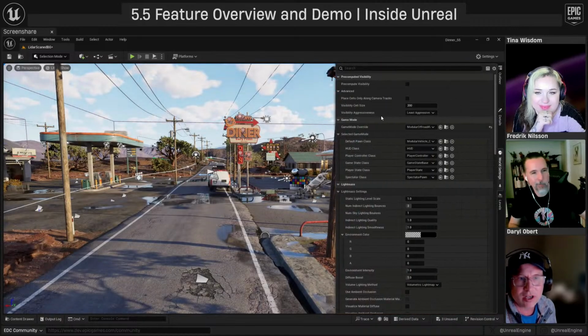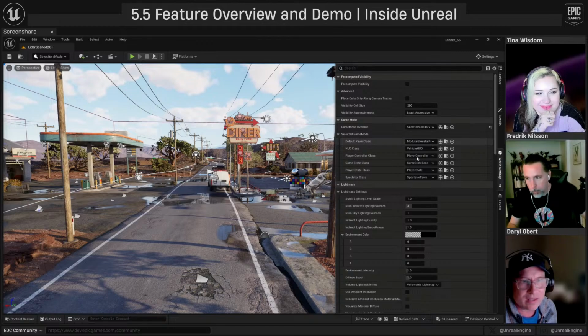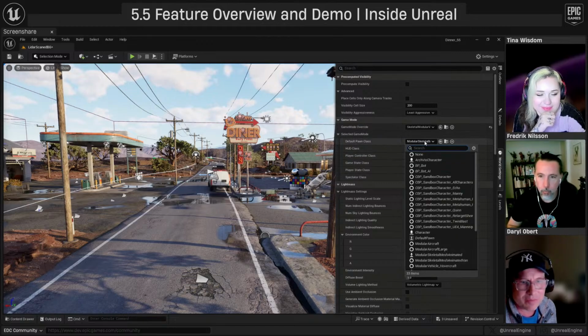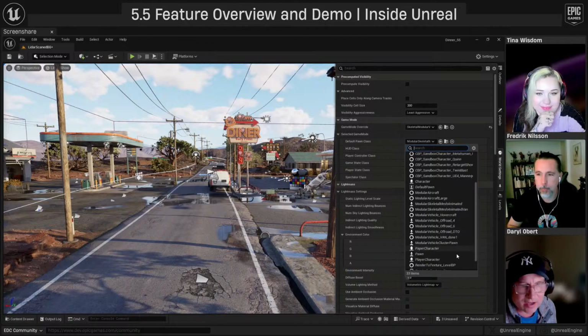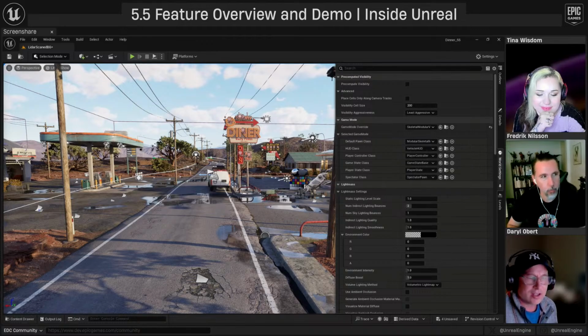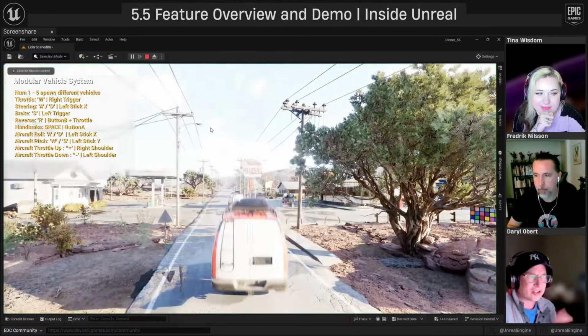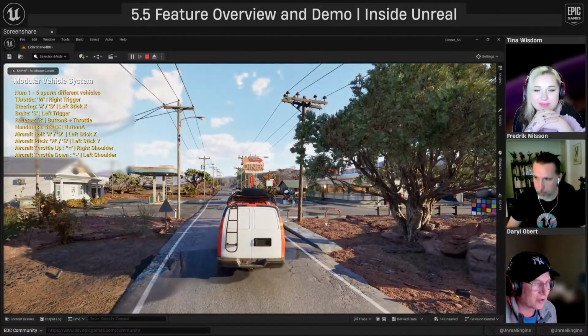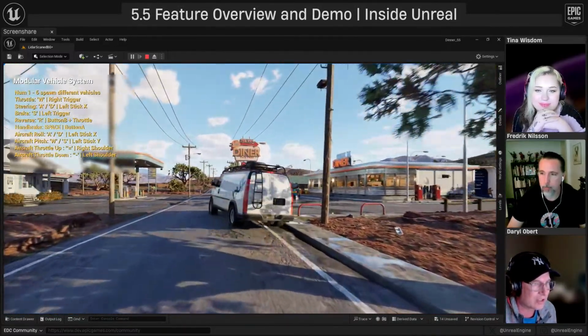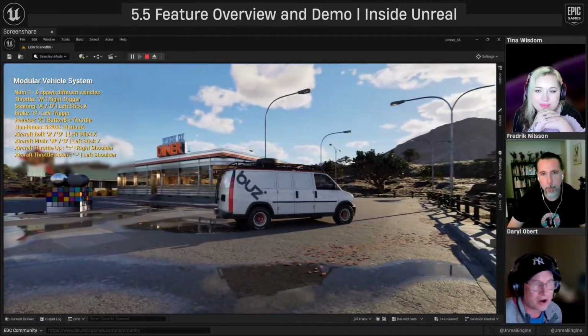So if we go back to our world settings and switch this, there's one that's skeletal mesh, right? Skeletal mesh vehicle game mode. And for the skeletal mesh vehicle game mode pawn, I want to grab my van, skeletal mesh van. Okay. So if you rig it like this and you want to use control rig to do crazy articulated suspension and things like that, or something a little more robust, you could, because it's got the full skeletal mesh structure, and the van just gets pulled along for the ride. We can just park our little van right there.